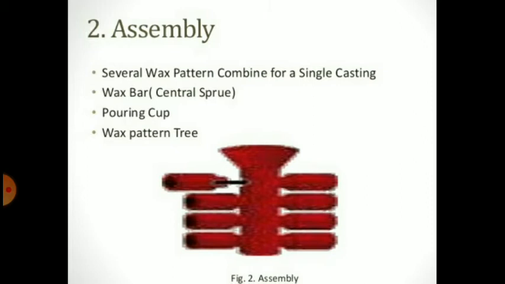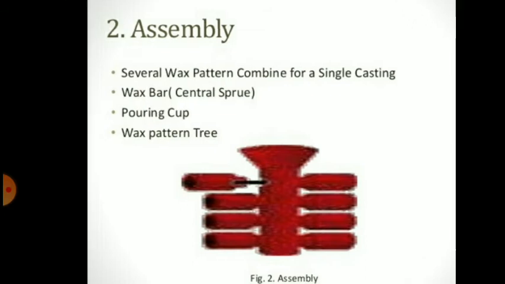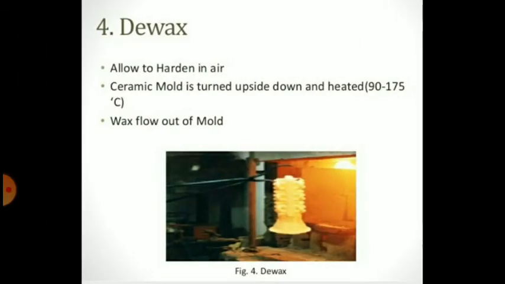That is regarding the investing of the wax patterns. The first slurry is for getting a good surface finish, and after that the coarse slurry is applied. Then a metal flask is placed over the cluster of patterns. Then the metal flask is filled with hard setting molding material. The mold material settles by gravity and completely surrounds the pattern as the work table is vibrated.